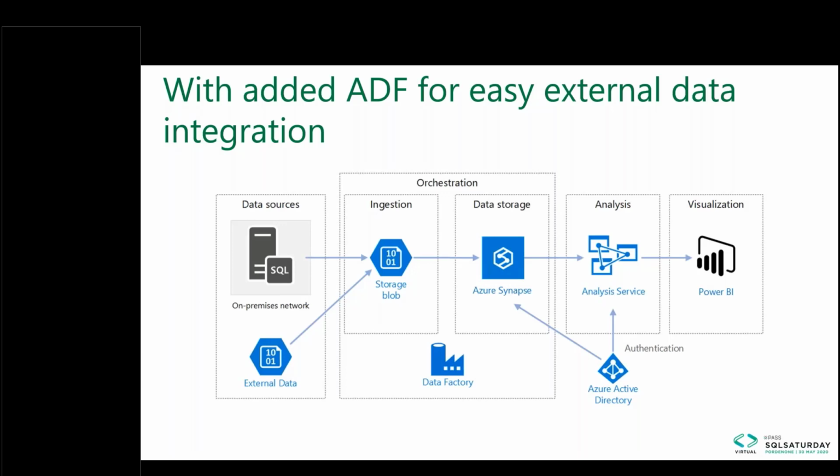For example, if you have multiple external data sources and even an on-premises network, to access it, as I said, you only need a gateway within your domain. You can ingest the data to Blob Storage or even directly to Azure Synapse to store it and analyze it. You can move it if needed to analysis services and then visualize it with whatever method you want to. For example, Power BI visualization, which in and of itself can also be connected to a lot of sources directly